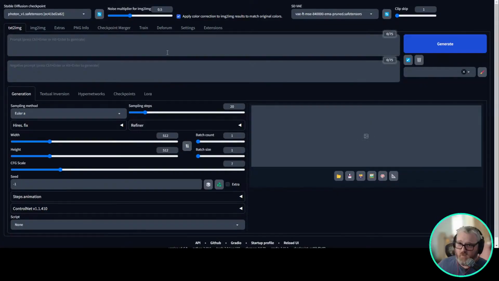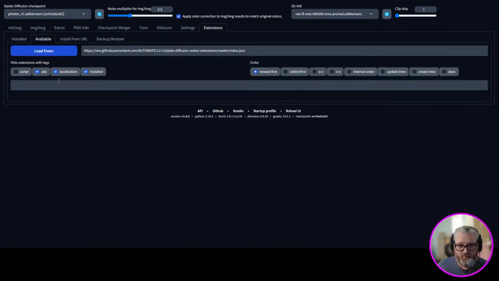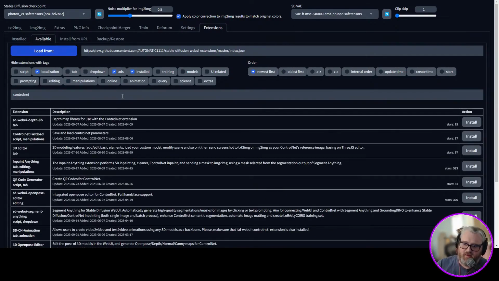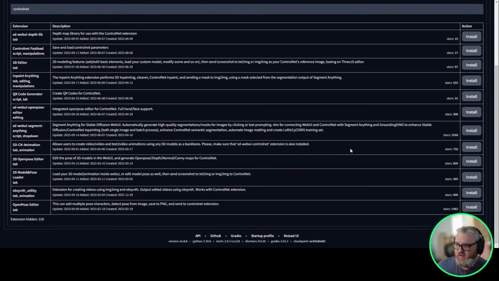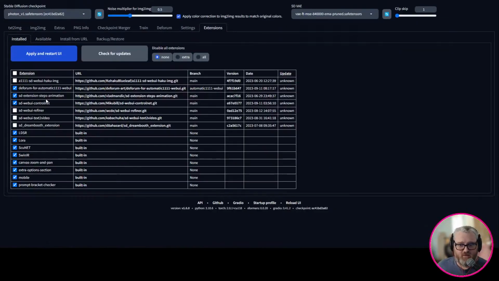All right, here we are. So this is just typical Automatic 1111. Everything's set up. I've already set up my ControlNet. If you don't know how to install ControlNet, it's in Extensions under Available. You hit Load From, type ControlNet, and it'll show up in this list down here. And then you just click Install beside it, and then wait. And go back to your Installed tab, and then hit Apply and Restart UI after it's installed.